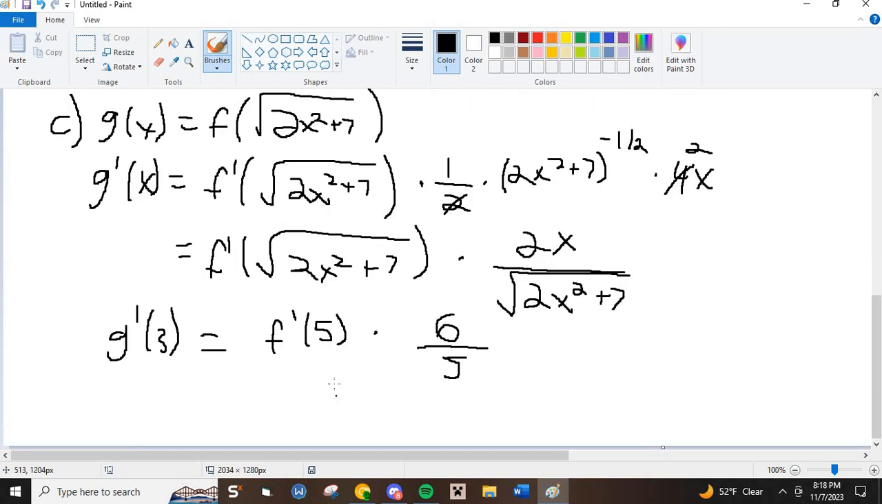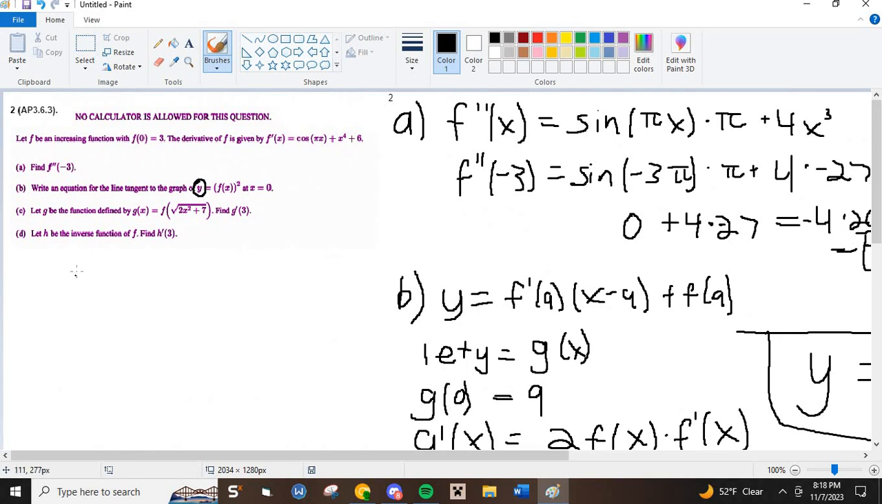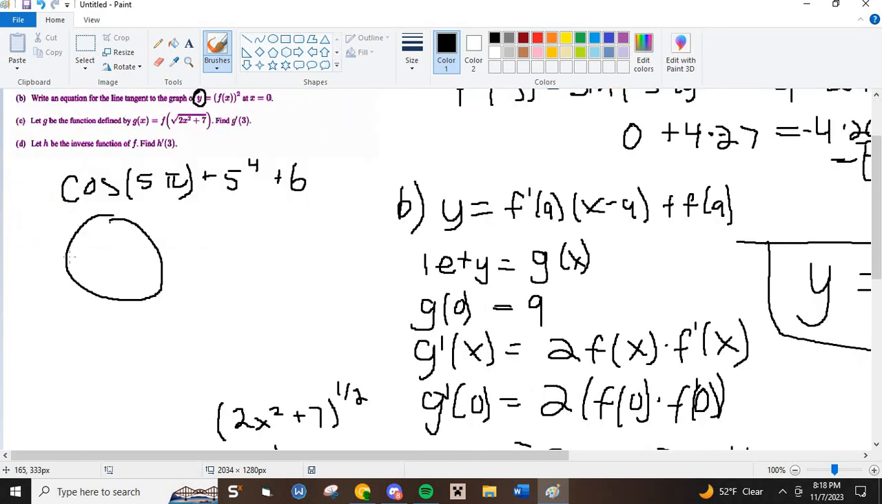So f prime of 5, looking back at this function here, is cosine of 5 pi plus 5 to the 4th power plus 6. To find cosine of 5 pi, remember that you can just subtract multiples of 2 pi. So one revolution this way, that's cosine of 3 pi, and another revolution this way, cosine of 1 pi. And so cosine of pi is just over here, which is negative 1. So this is equal to negative 1 plus